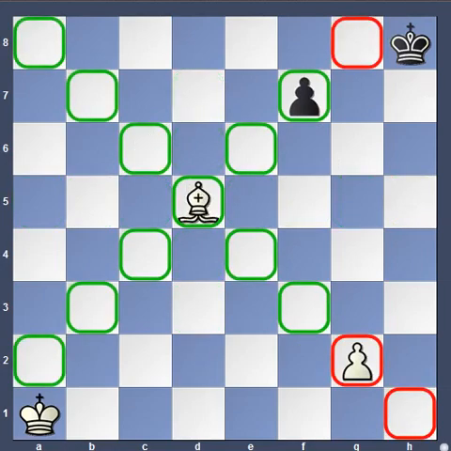Next is the bishop. The bishop moves diagonally. As you can see in the picture, the bishop on d5 can go to any square in its diagonal as long as there is no obstruction. Similar to the rook and queen, it can move any number of squares. At the same time, it cannot jump over any pieces.